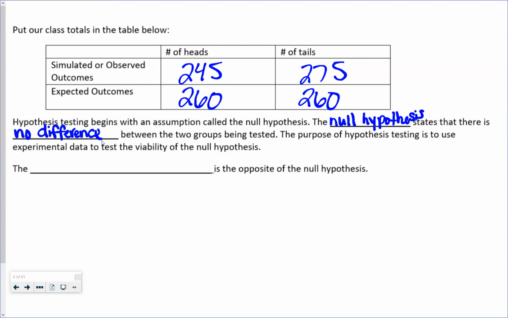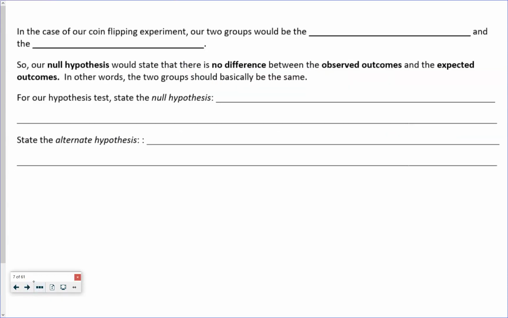Then we also always have an alternate hypothesis. This is the opposite, so I would say that there is a difference. So null, no difference. Alternate is the opposite, that there is going to be a difference. Okay? So with our coin flipping, the two groups would be our expected outcomes,